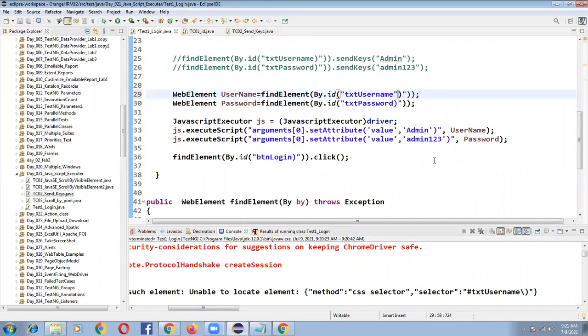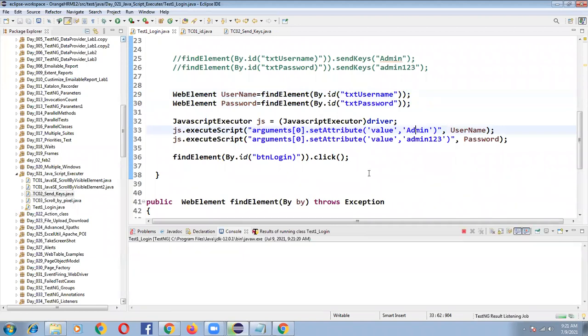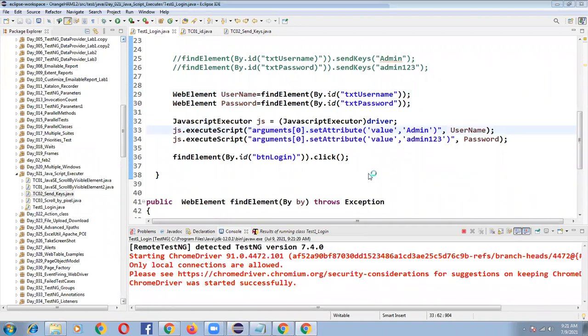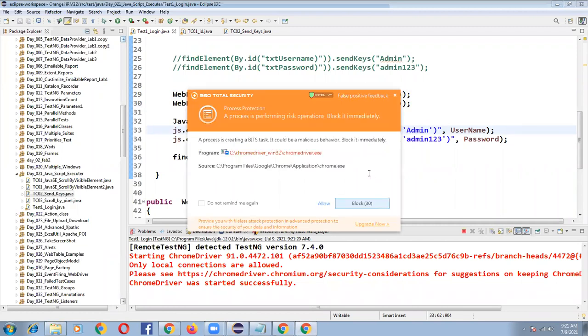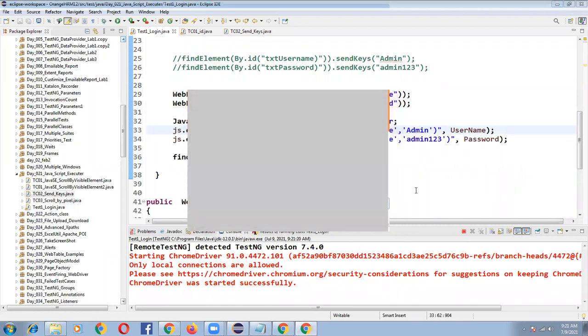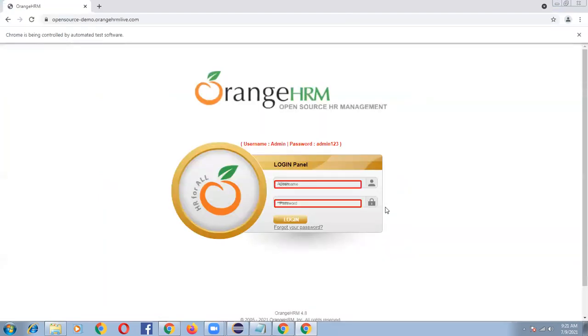Okay, txtUsername, txtPassword. See, the admin and admin123 values were typed.